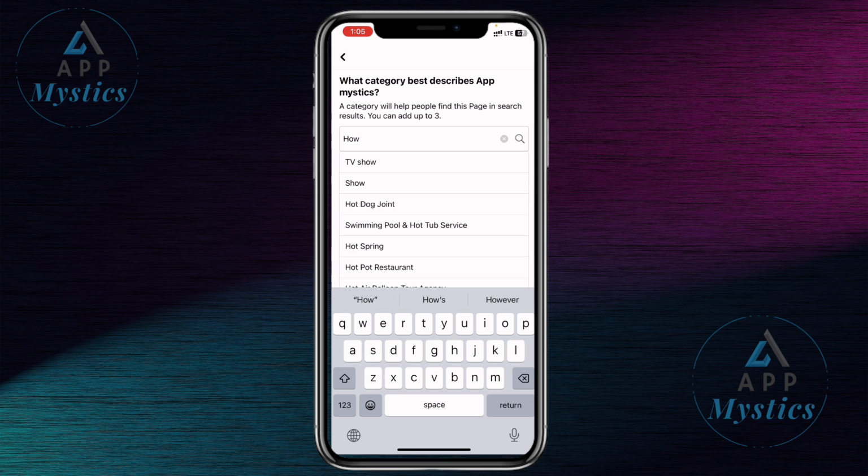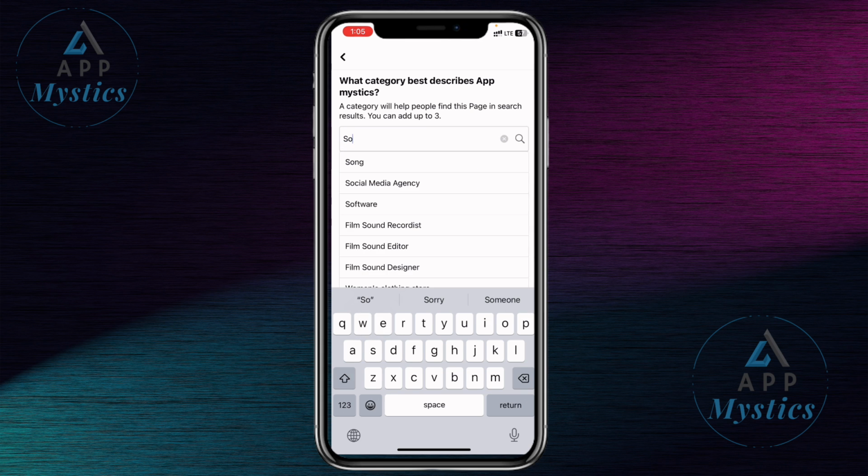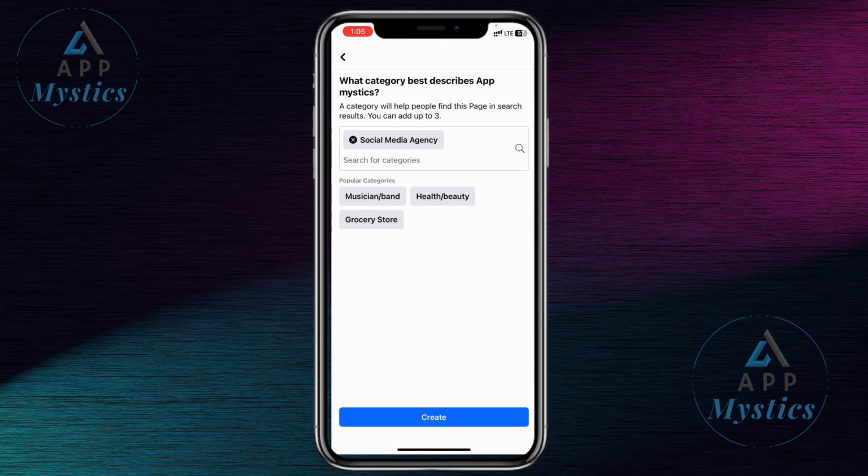Let's go ahead and click on applications. So when you click on your category, you can add as many categories as you want, but I'm just going to go ahead and choose social media agency. Click on create. When you click on create,